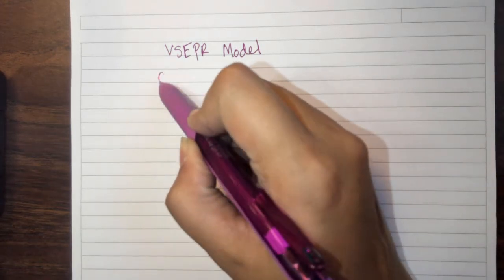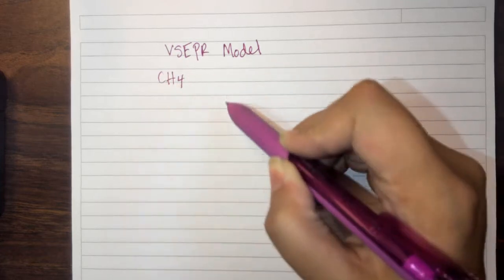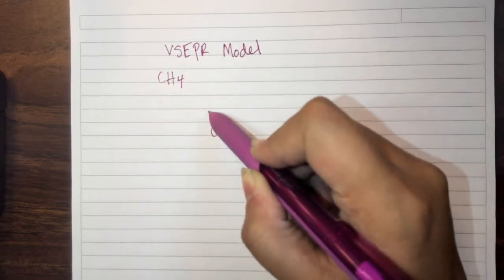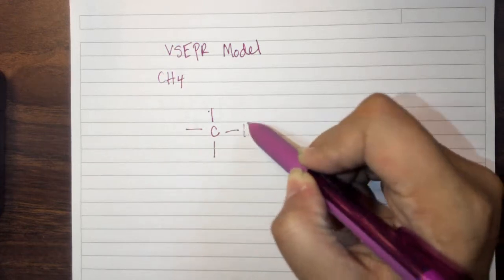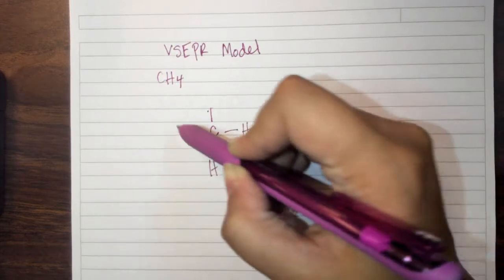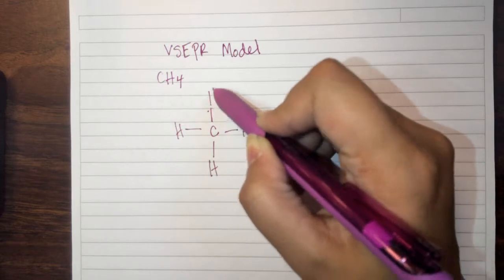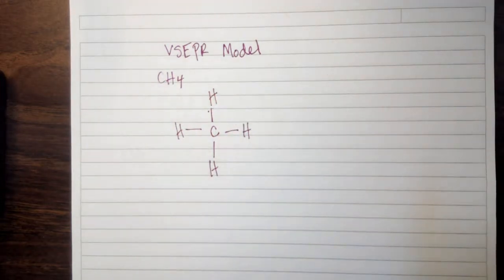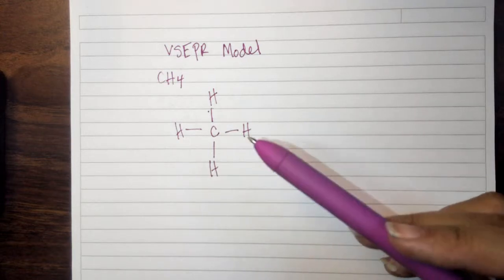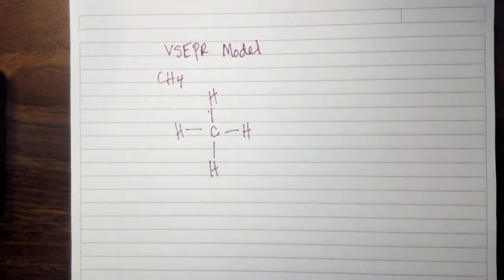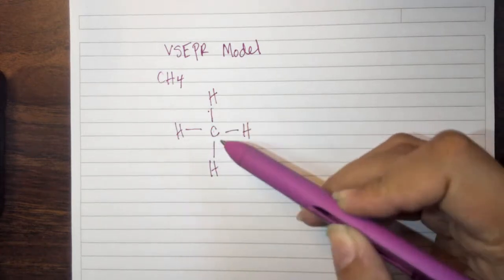Okay, so when we are looking at methane, when you guys draw your Lewis structure, it's going to look like this. It's going to be kind of a stick figure, and this is our 2D model that we have been drawing for about a week and a half, 2 weeks now. Okay, although your model looks like this, with the VSEPR model, we know that these electrons are not as